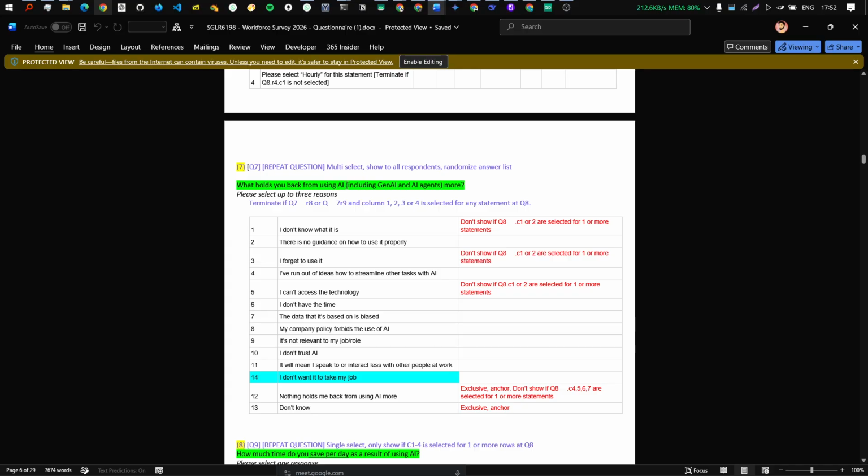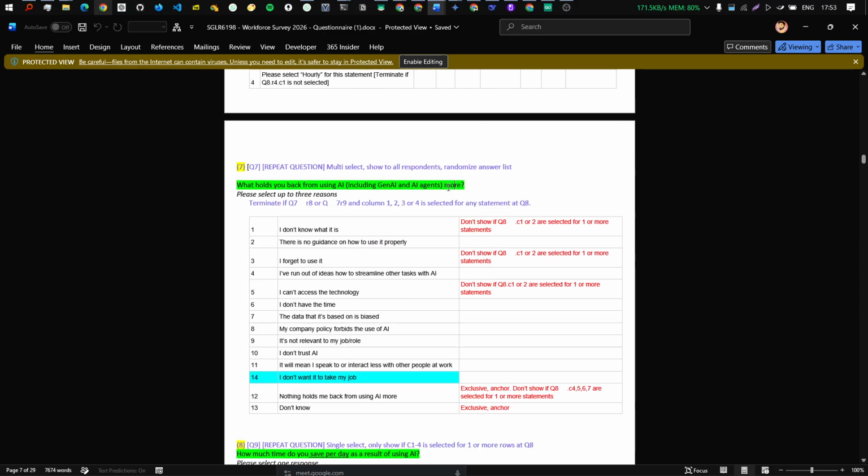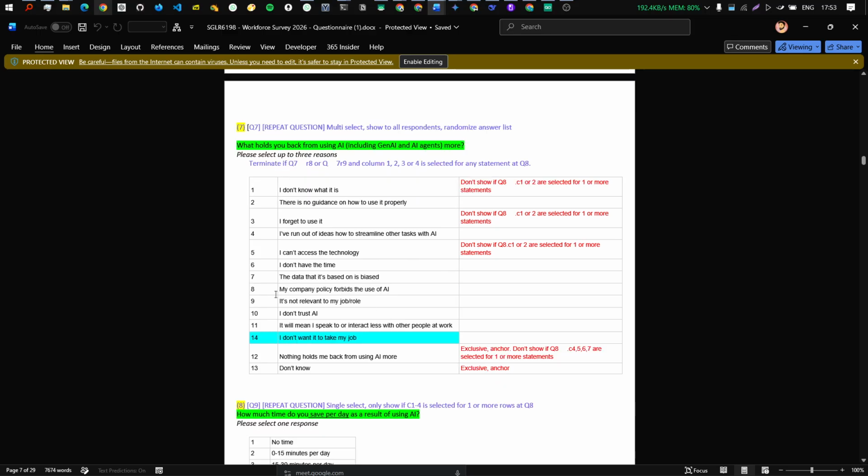ओके, देन अगेन दिस क्वेश्चन, what holds you back from using AI? अगर आपको लगता है कि आपके काम में आपको कुछ एआई करने से रोक रहा है, तो ऊपर ही जितने रेड में स्टेटमेंट हैं ये आपको सेलेक्ट नहीं करने हैं अकॉर्डिंग टू दिस क्वेश्चन, वरना टर्मिनेट हो जाएगा। तो इसमें आप या तो ले सकते हो माय कंपनी पॉलिसी फॉरबिड द यूज ऑफ एआई, और इट विल मीन आई स्पीक टू और इंटेंट लेस विद अदर पीपल एट वर्क। आप ये थोड़े न्यूट्रल आंसर्स ले सकते हैं, बट ये मत सेलेक्ट करिएगा, देयर इज नो गाइडेंस ऑन हाउ टू यूज इट प्रॉपर्ली, ये भी आप ट्राई कर सकते हो। आप ये मत करिएगा, आई फॉरगॉट टू यूज इट, ये आपको नहीं आएगा अगर आपने पिछले क्वेश्चन में